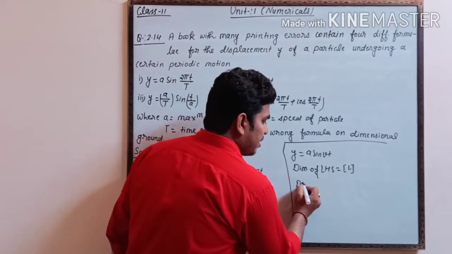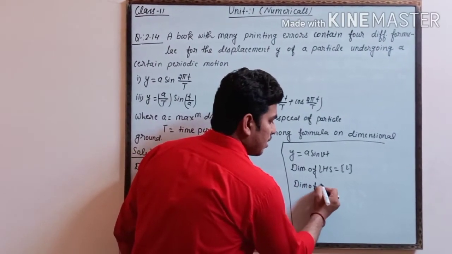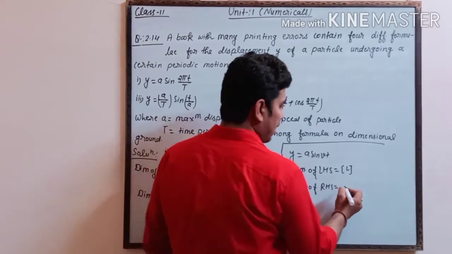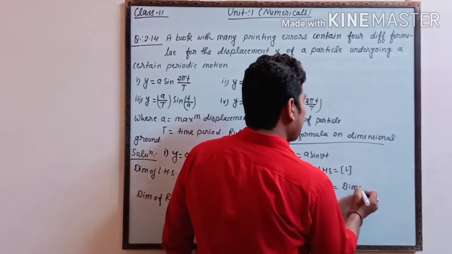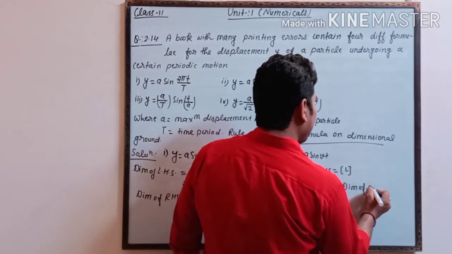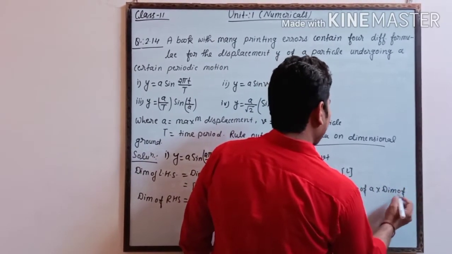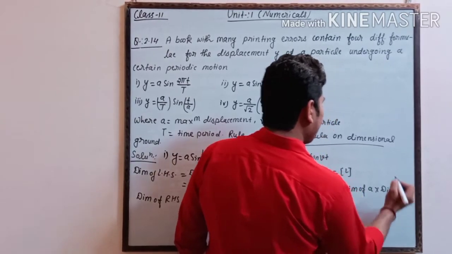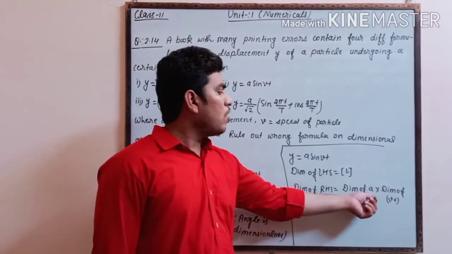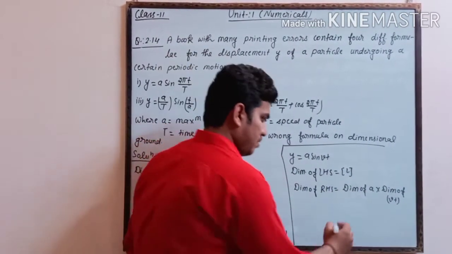So dimension of RHS, it is dimension of A into dimension of VT। A की डायमेंशन और VT की डायमेंशन।